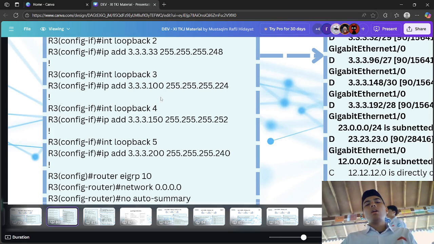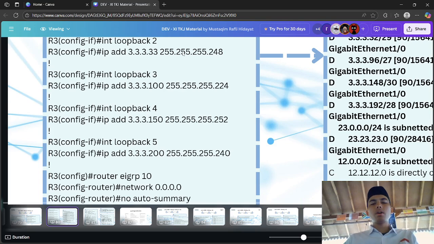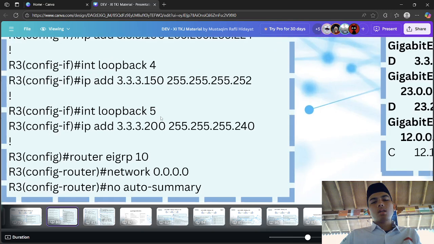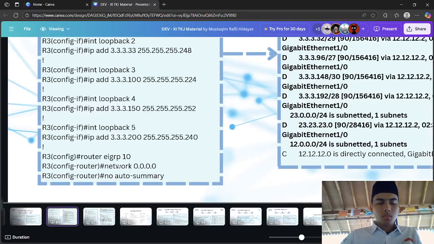The next one is loopback 3 with IP address 3.3.3.100 and subnet mask 255.255.255.224, and the fourth one with IP address 3.3.3.150 and subnet mask 255.255.255.252, and the last one 3.3.3.200 and 255.255.255.240.